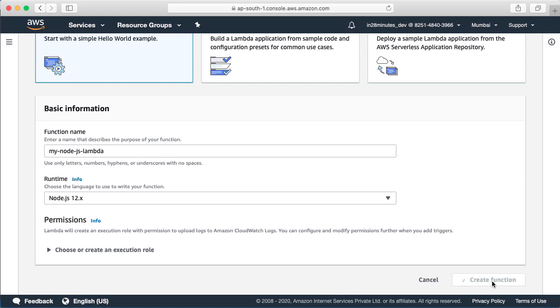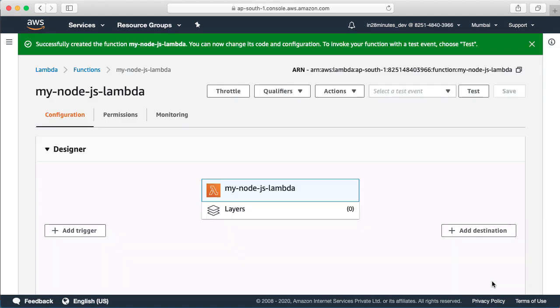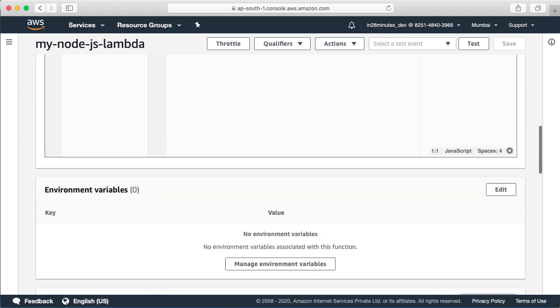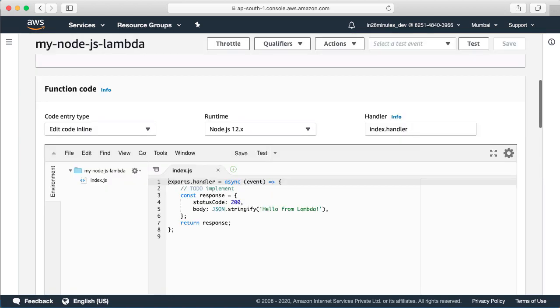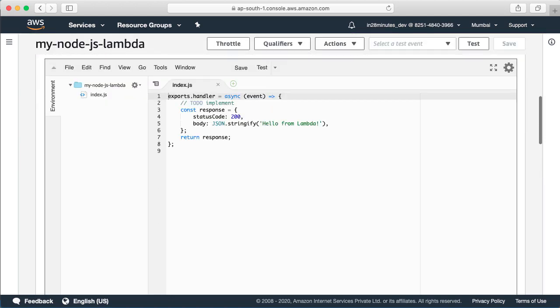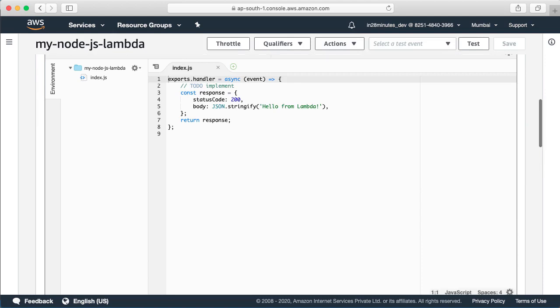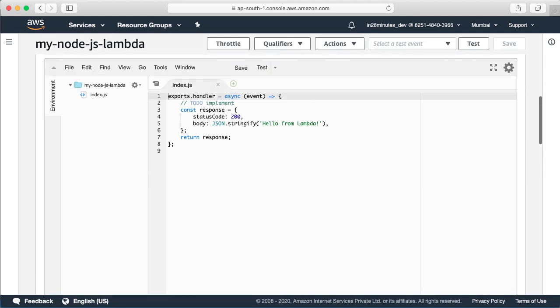It's taking a little while. Let's wait for a little while before the Lambda is there. Cool. The page is loading up slowly, and here we go. If I scroll down here, I can see that a Lambda function is created for me. You can see that there is a little bit of JavaScript code in here. If you are new to JavaScript, do not worry about it. All that you need to do is a test,